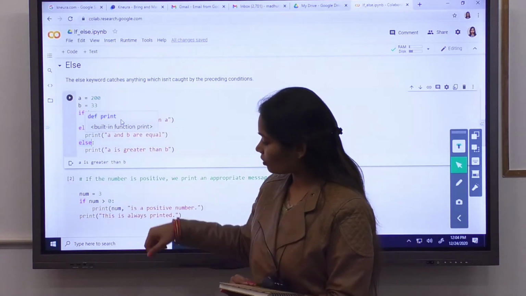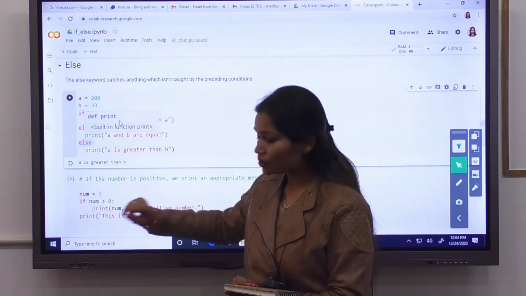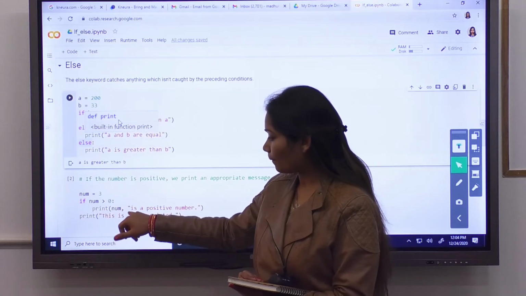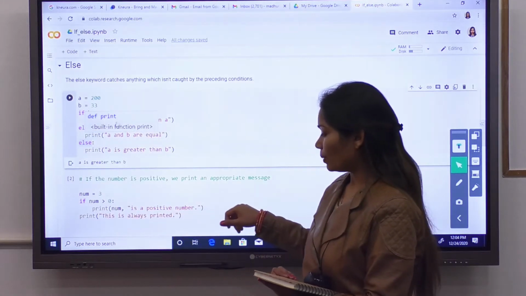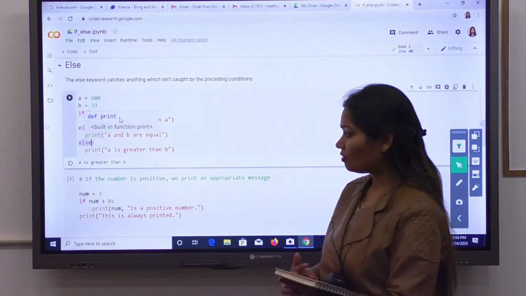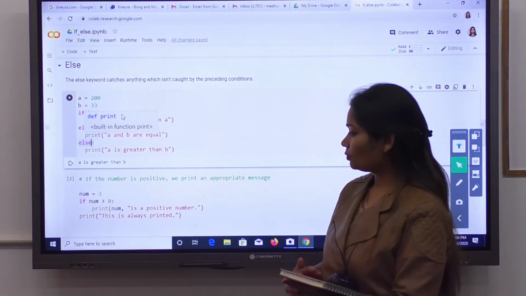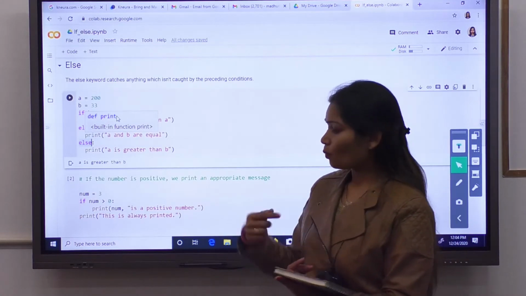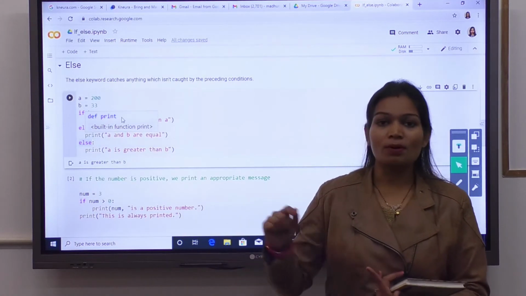So how will the code execute? Number equal to 3. If number greater than 0 colon print number is a positive number. How do you want the output printed on your screen? Suppose number equal to 3, so 3 is a positive number.